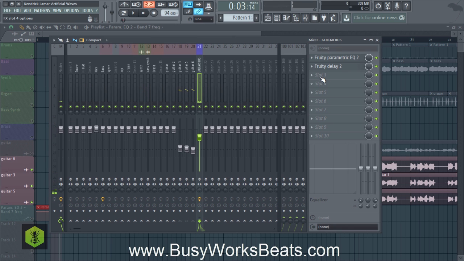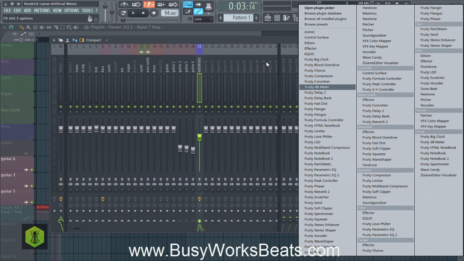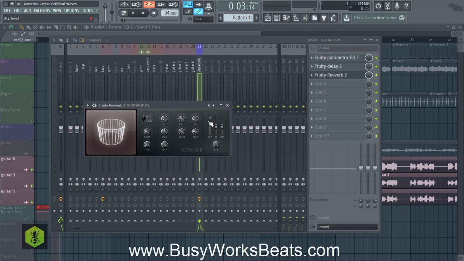Okay, now we can add Fruity Reverb 2. You can either do this on an auxiliary send or you could do this directly. We'll just do it directly for this video. So in that case, we're going to just keep our dry levels all the way up, turn our width to the left, or if you want to narrow, whatever you want to do with your width, lower your wet levels. Here's a dramatic reverb. What I like to do is increase the decay time, so it's a longer reverb, increase the size, and I like to increase the high cut and the low cut. We'll get into all that later, but this is just how you manipulate that plugin.